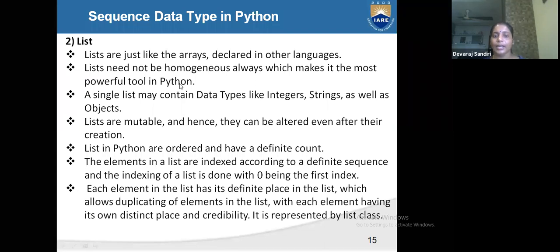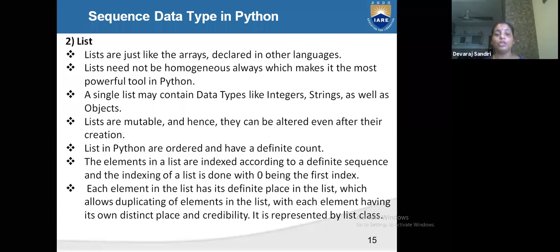This list is a type of array we can declare in other languages, but a list is not homogeneous, and we can store any type of data mixed, like a combination of string, integer and float. Everything you can store in one list.